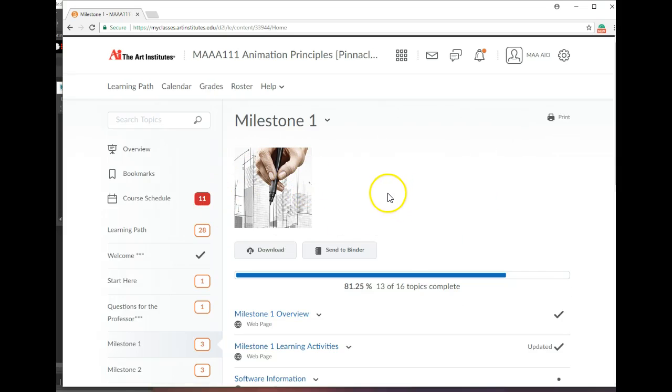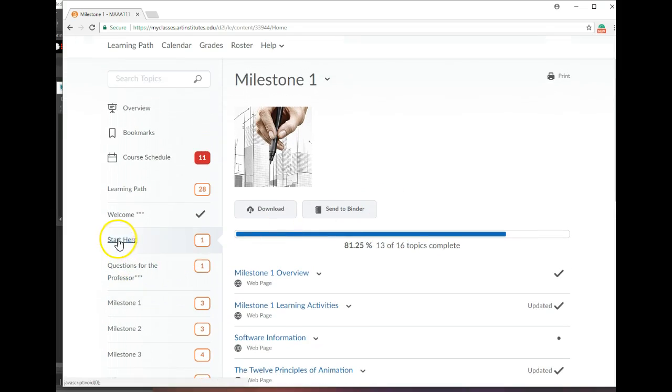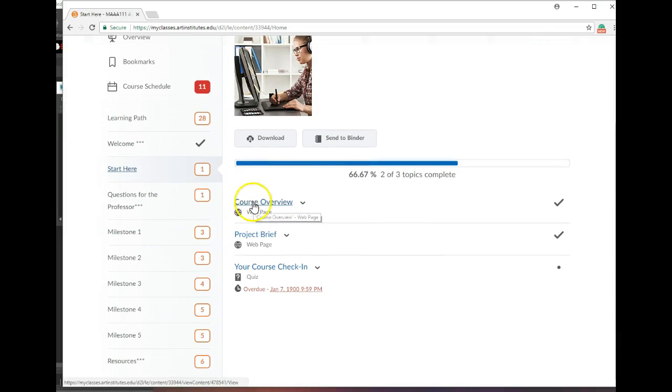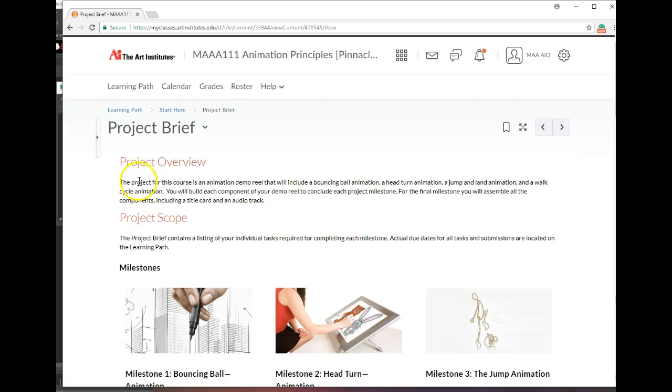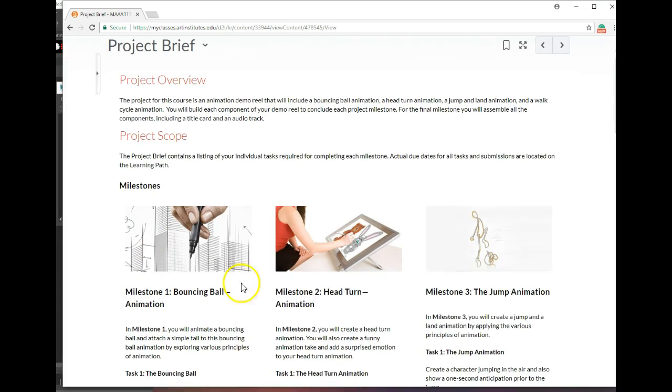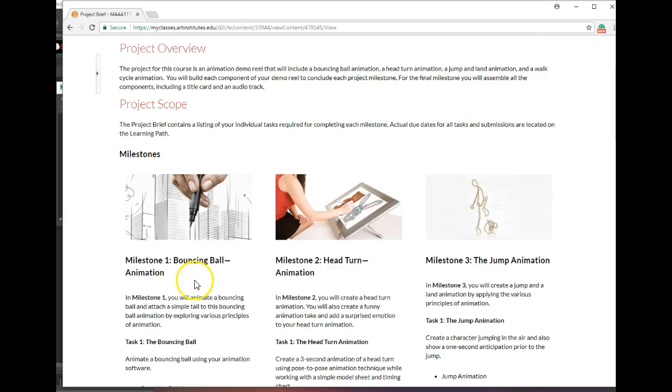So we do have a project brief here, so if you go to the start here, this will give you a video of the course overview. And basically in this class what we've done is we've wanted to have the students demonstrate the 12 principles of animation. So we have them create a demo reel, and we have some of these basic milestones, which is the